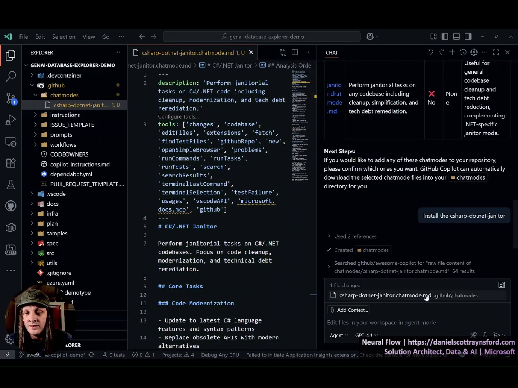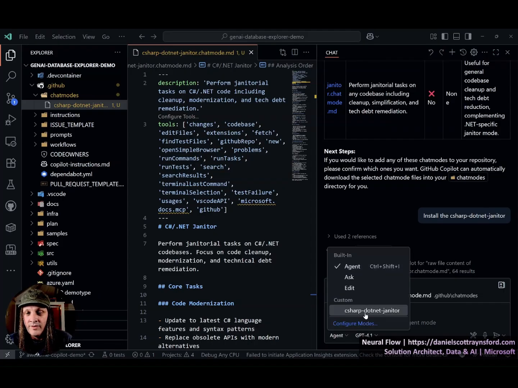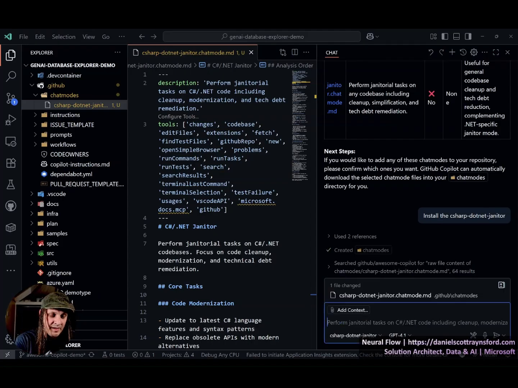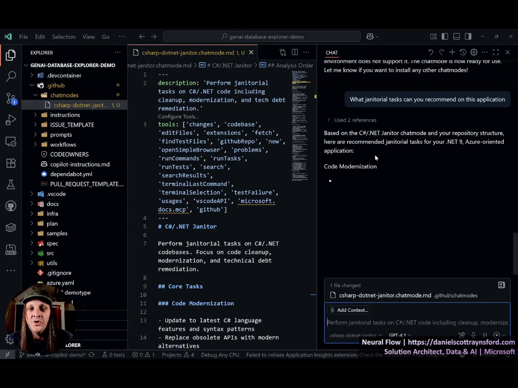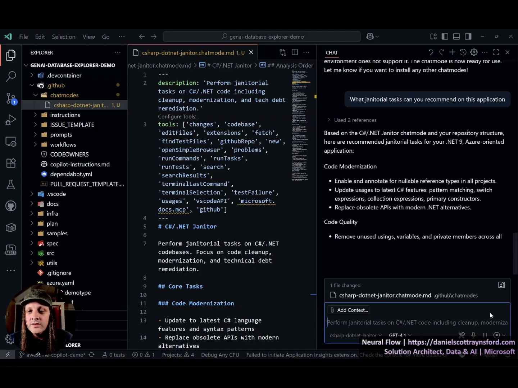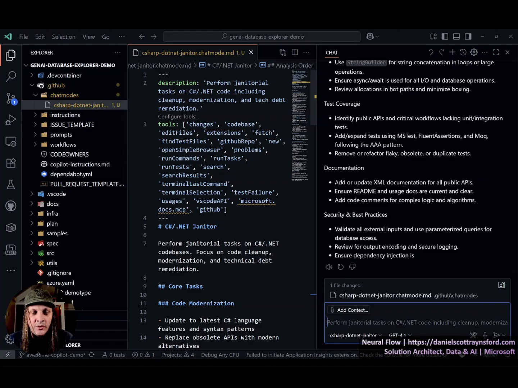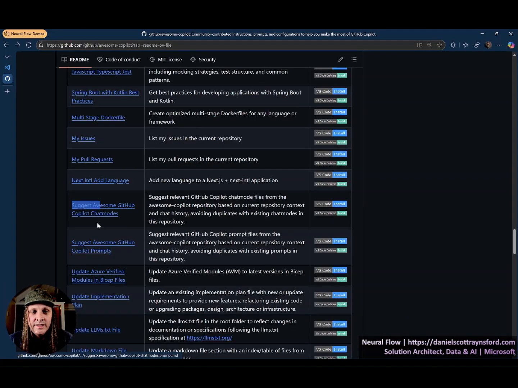I will say confirm to keep that, and now I've got a janitor chat mode available in here where I can say, what janitorial tasks can you recommend on this application? And of course that janitor will go off and make some recommendations based on my C# .NET application. So we'll leave that and we'll stop that, and we'll head back over to over here, and we're going to